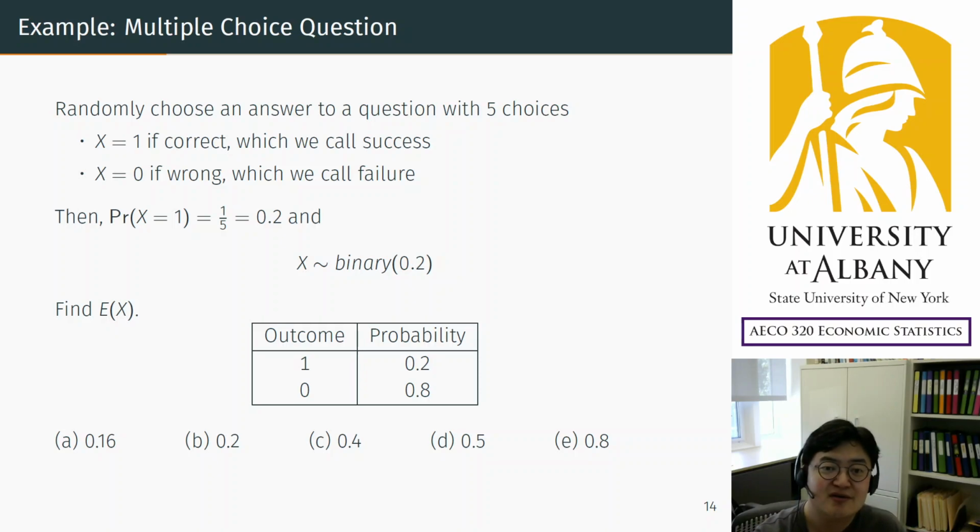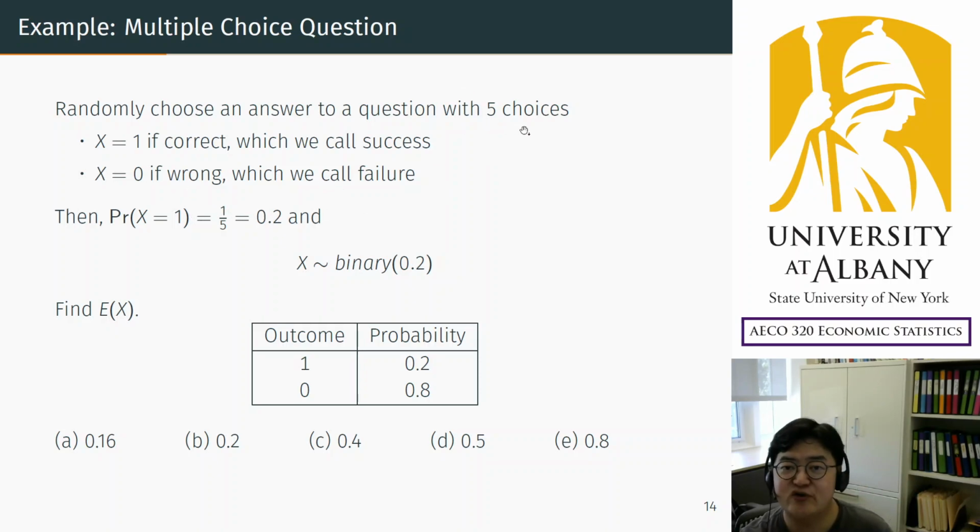Otherwise, 0. So I will define a random variable x as the point you collect from a question by randomly choosing an answer. And of course, I will call it success